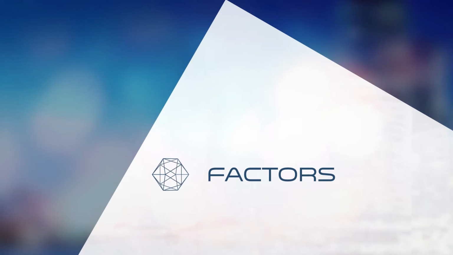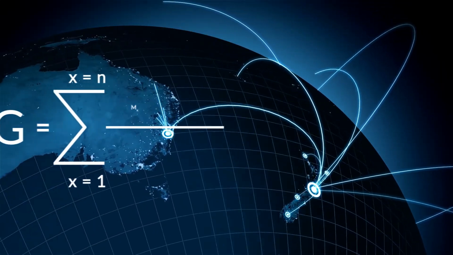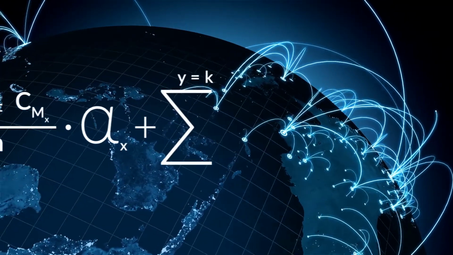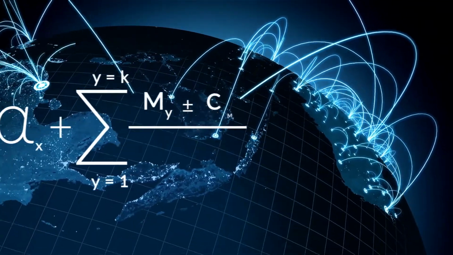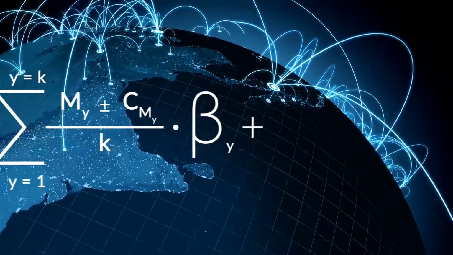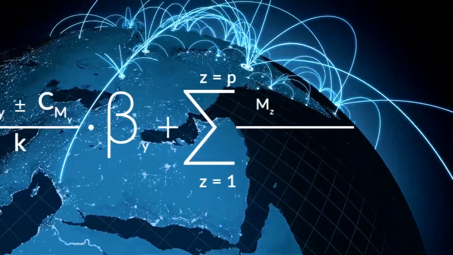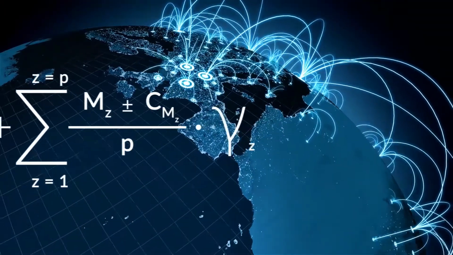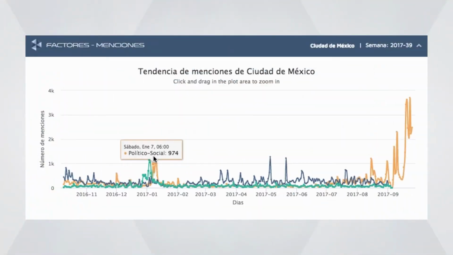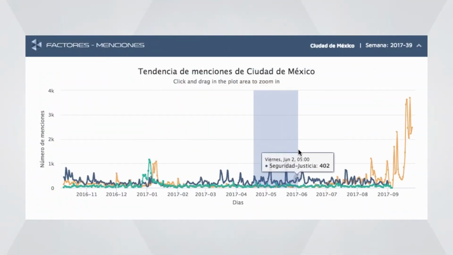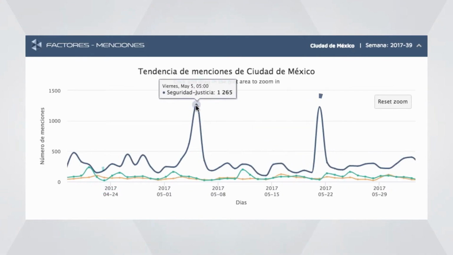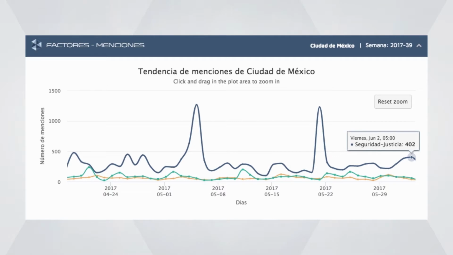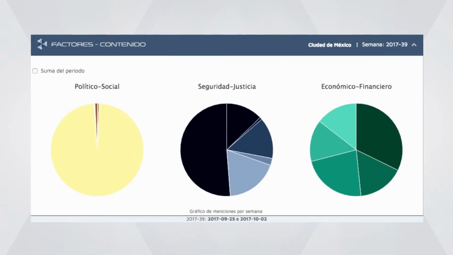Factors measure the indicator's impact on society, use big data techniques, logistic regression models, and ponder the GLAC Index algorithm. They are calculated through digital media, social networks, and surveys. Factor graphs identify the quantity of mentions and the highest and lowest points of interaction in digital media related to each of the topics analyzed by GLAC Index.